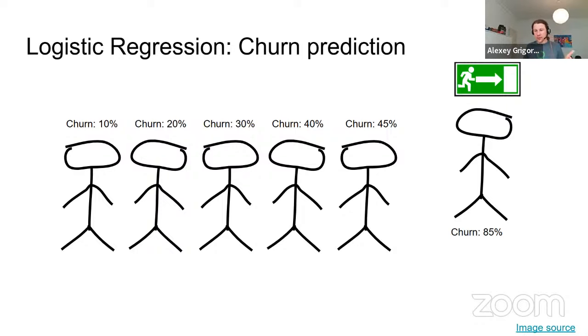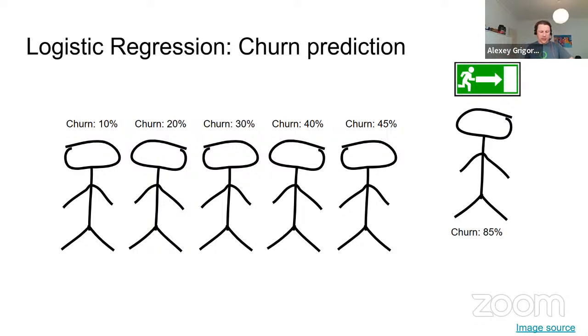Based on the behavior of these users, we might understand that this user is likely to cancel the contract with us soon. We will use different behavioral patterns, like how long they have been with us, what the contract length is, and so on. There are some features, some descriptions of each of the users, and based on that, we will predict if they're going to leave, to stop using our services or not.